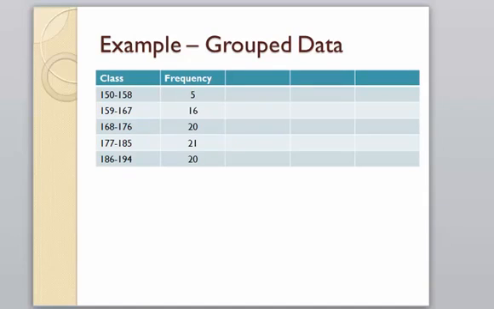Let's look at a grouped frequency distribution example. On this one we have 5 classes, and we have the classes given and the frequencies given. When we look at our first class, we know that we have 5 values that fall between 150 and 158, but we don't actually know what those 5 values are. That presents a problem when I go to calculate my mean, because in my mean formula,